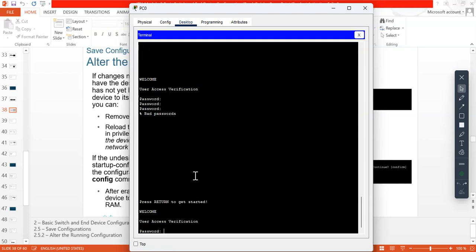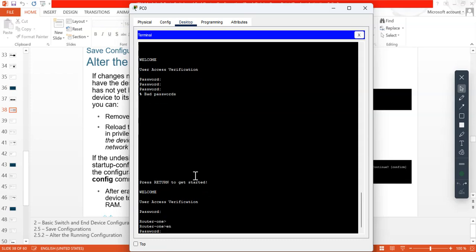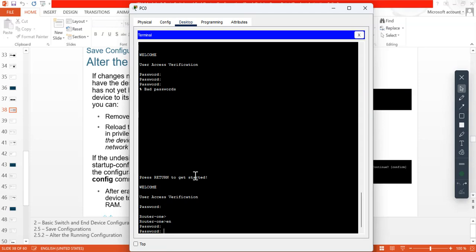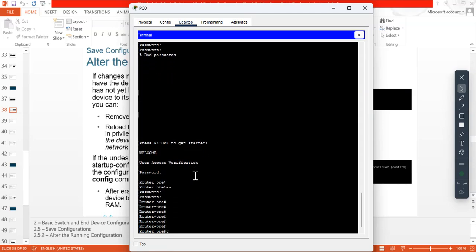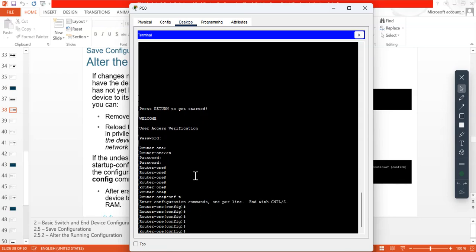affected my password. So here the first one, it was the console, and the console, it was class. Okay, then enable now, the privilege, it is Cisco. There we are. So I'll go ahead and access the global configuration mode, and then